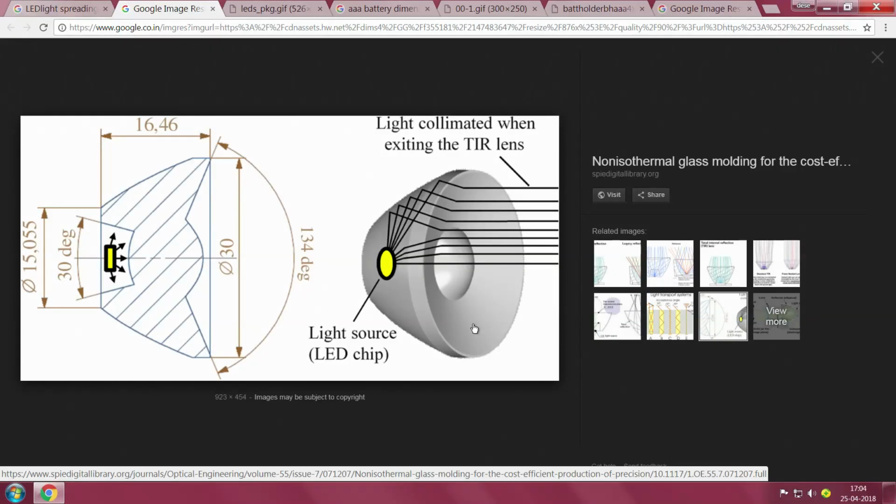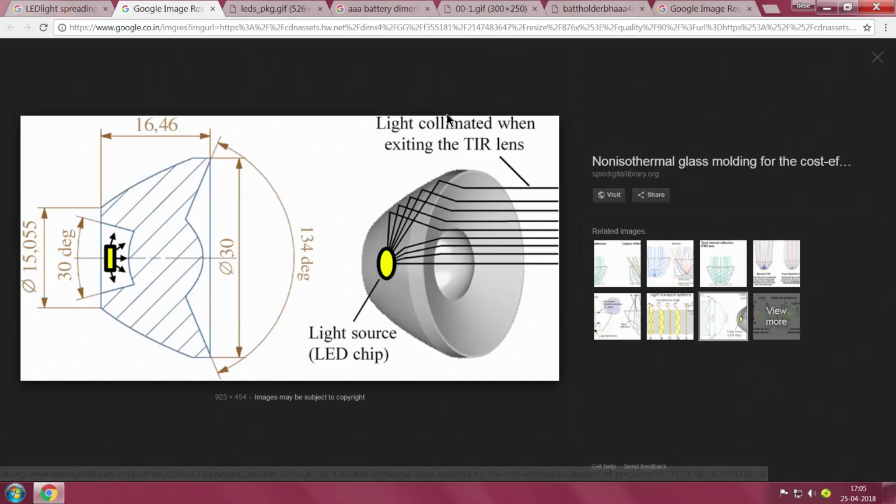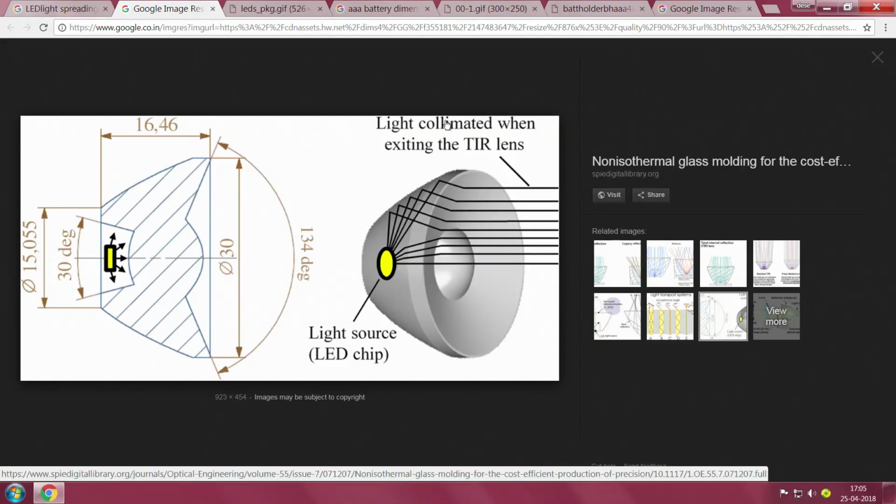In case you have a cheap LED, you now end up having to design things which are a little like this. So, we have the lens here. That lens will also ensure that the light can get collimated. This data from here we probably need to build up in all of our things as we move along.